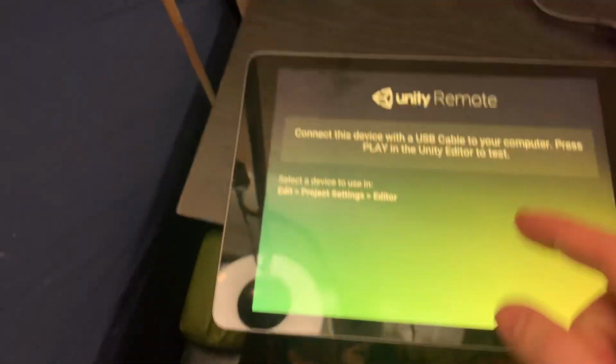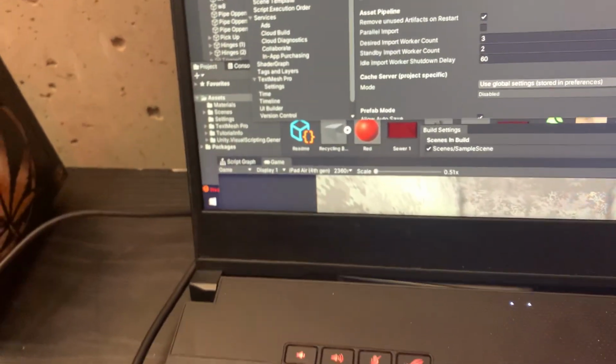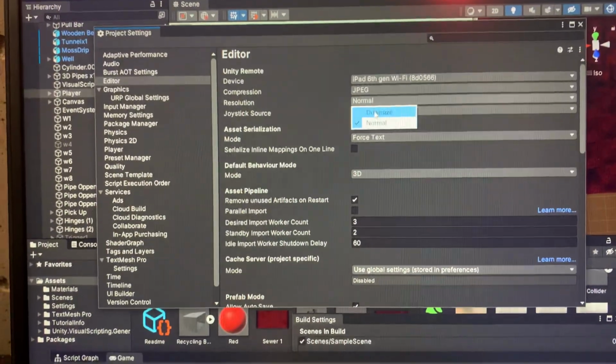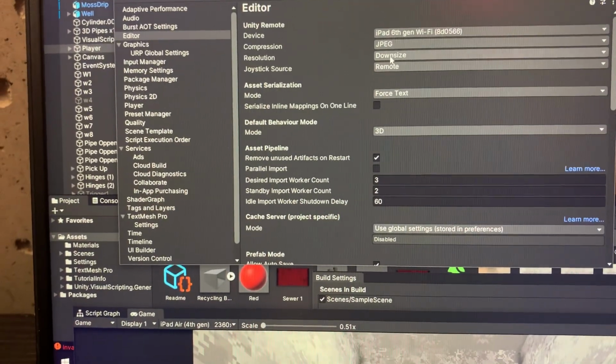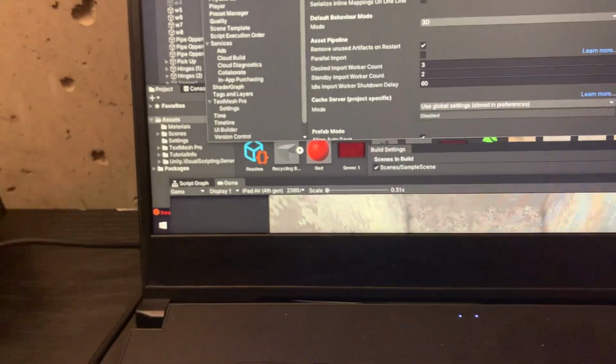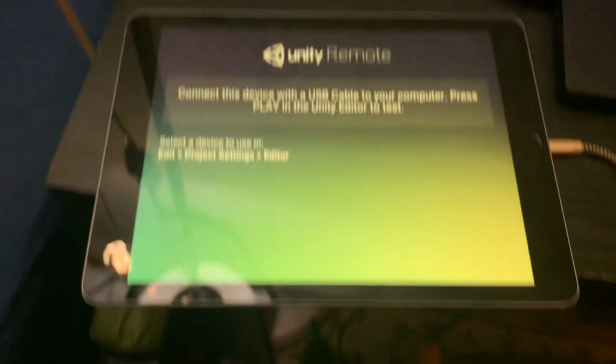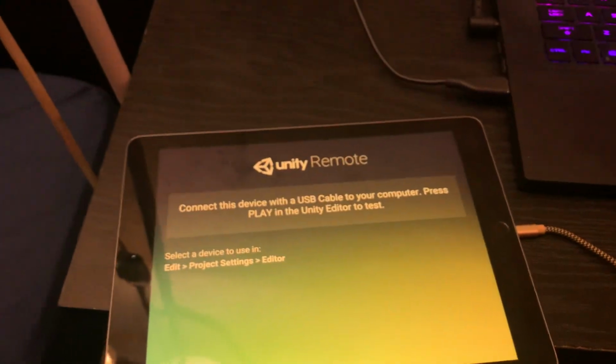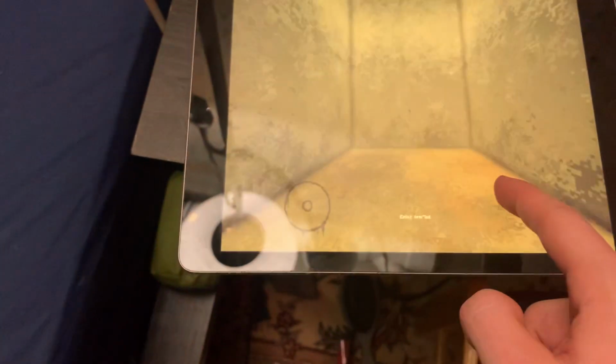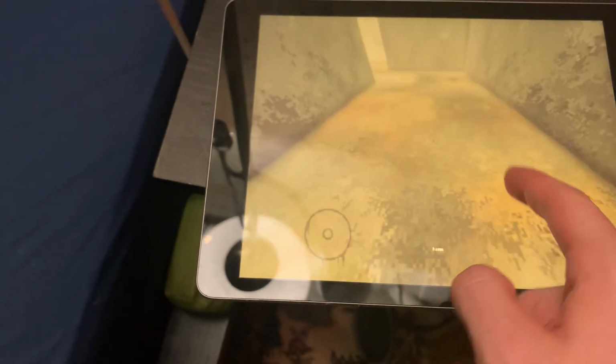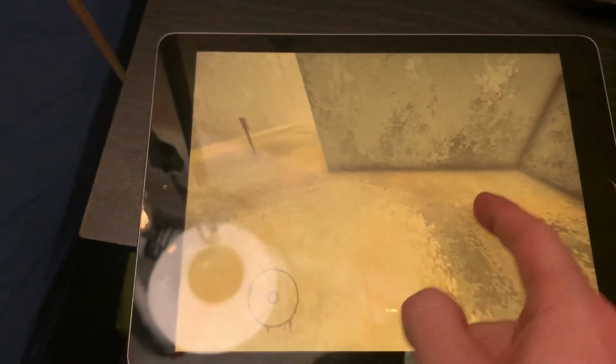So only put it on that if you just want to see what small details look like. So put it on PNG and normal, or JPEG and downsize, and that'll make it run as good as it can. See, this is still really good. You can actually play the game now. So yeah, make sure it's